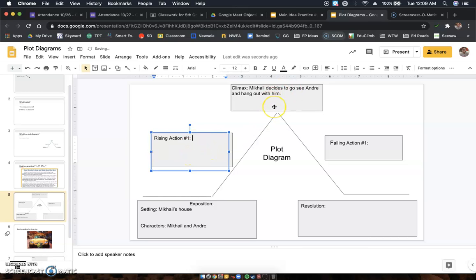That happened right before Mikhail decides to go see Andrei and hang out with him. Well, it's interesting. I thought they were going to go camping. So what happened in the rising action here? So the rising action is just kind of what is happening